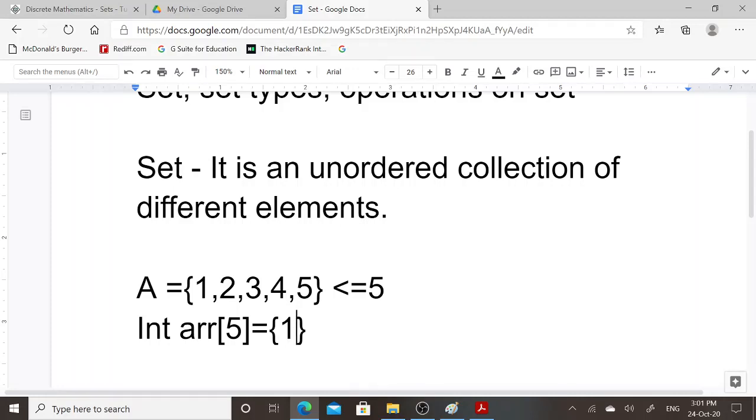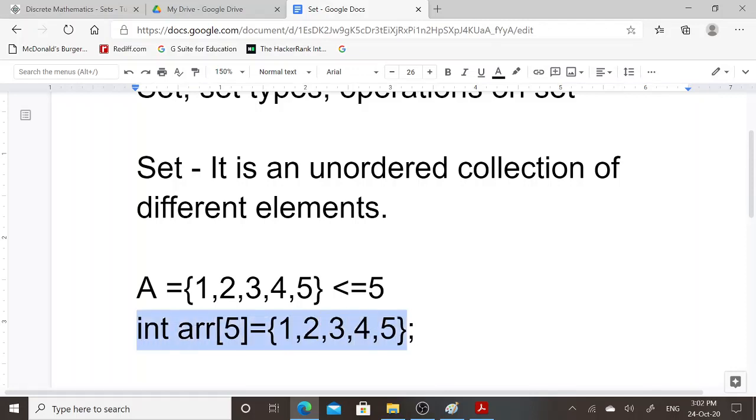Suppose these are 1, 2, 3, 4, 5. Since I have specified array size is 5, 5 elements are present in this array. Then semicolon. Such a declaration of an array in any programming language is part of set theory. This concept is derived from set.